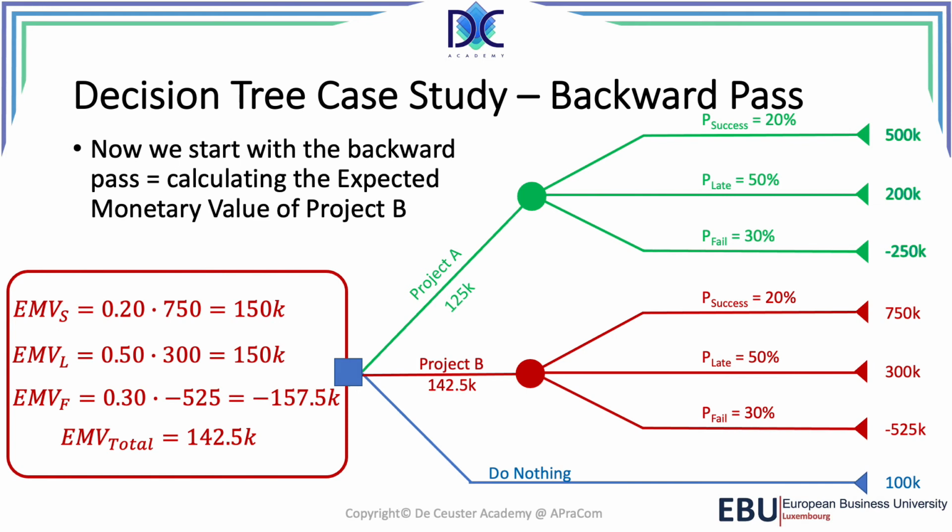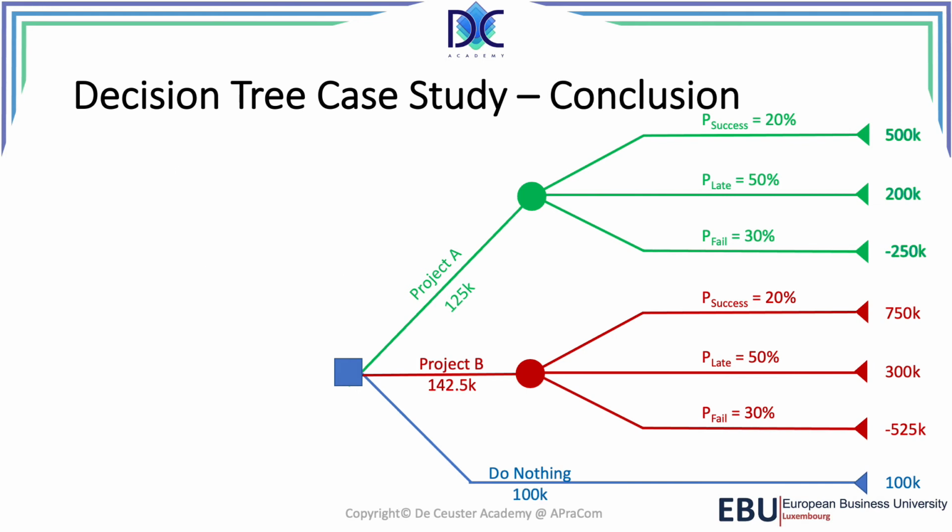For do nothing, or keep the status quo, for all cases, basically it's 100k. So we don't have to calculate for do nothing because we find that it is 100k. Now, in different cases, it can be different. I just made it here to keep the decision tree on the board so that I can continue with the exercise.